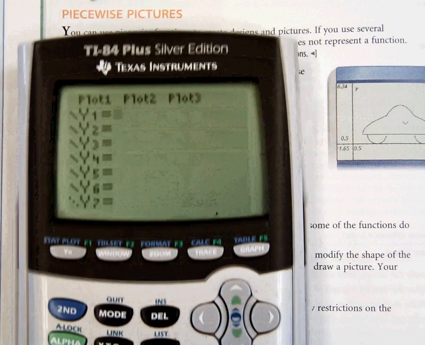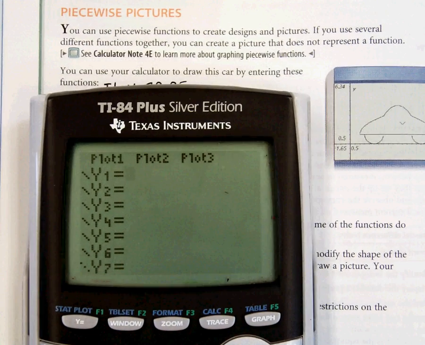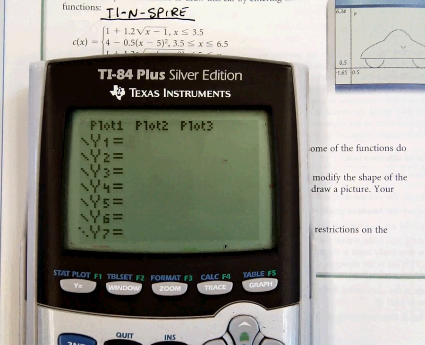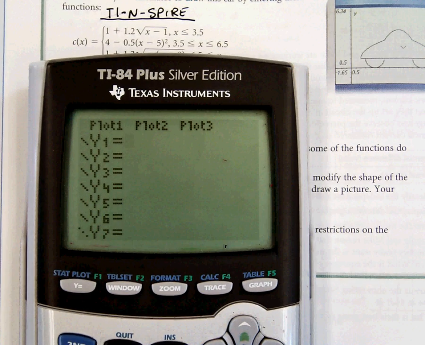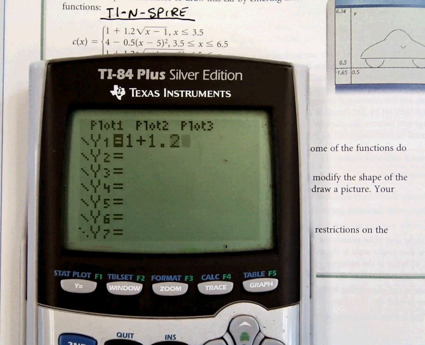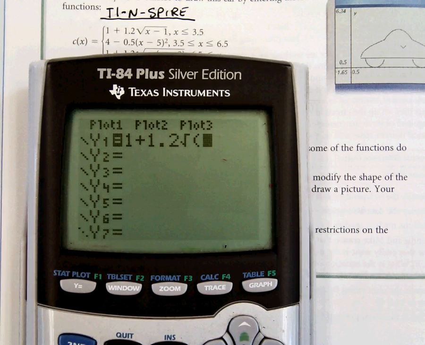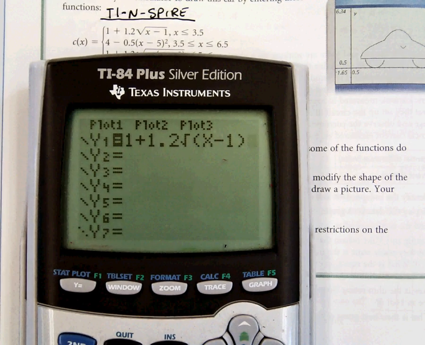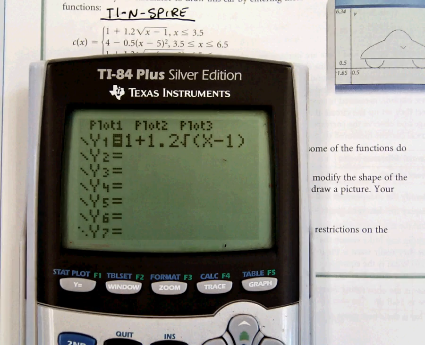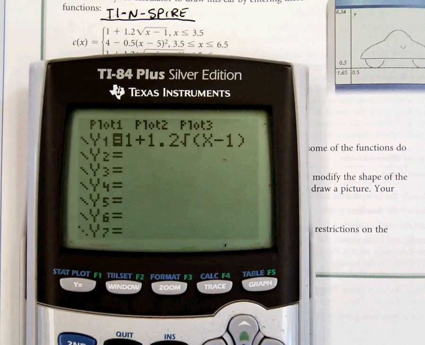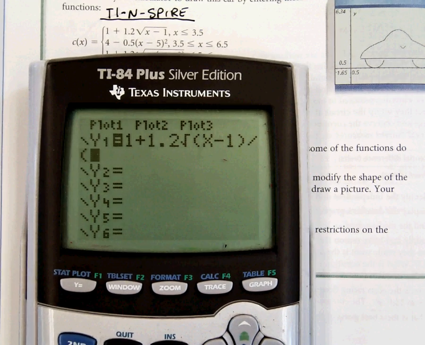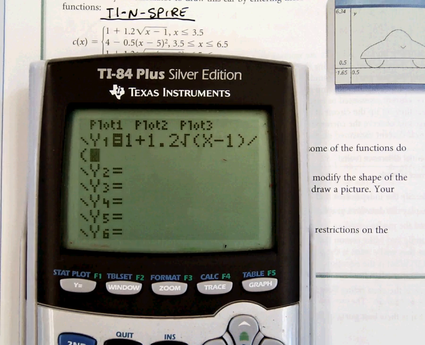Here's how that would actually look on our TI-84. So let's go ahead and turn the calculator on and go to y equals. You're going to type the function in as it's stated, 1 plus 1.2 square root of x minus 1, and then close it up. So there ends the equation that you want to plug in. Now, instead of putting the comma, the language on this TI-84 calculator is to put the division sign or the slash, and then a set of parentheses, and then we want to type x is less than or equal to